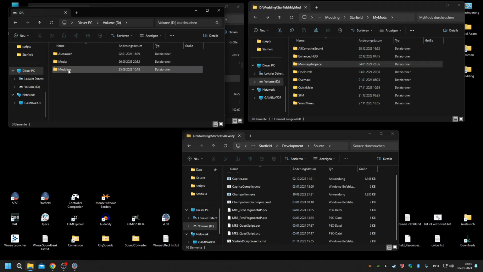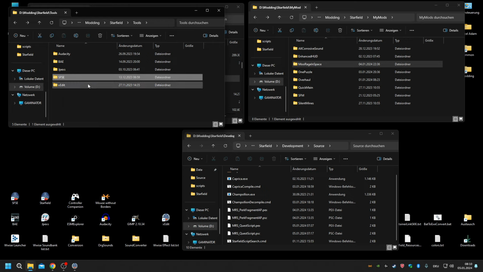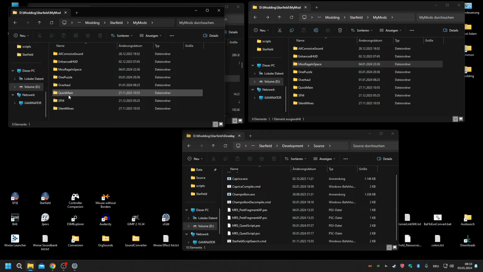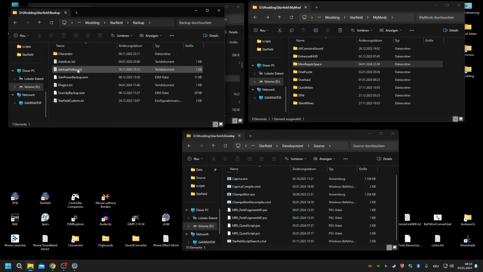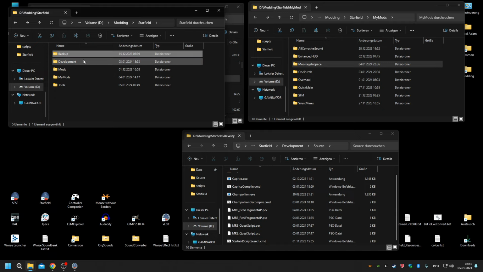So, and there you can see, there I have my second hard drive. There's modding, there's Starfield. This is where all the tools are. And as you can see, the script extender, it's also a tool. Okay, let me get this straight. Most people would say it's a mod. No, it's not a mod. It's a tool. It enhances the script engine. It's a tool, okay? It's not a mod. You can create mods based on that extended script engine, but it's not a mod. So my mods, then the mods that I'm using, backup for all sorts of files like the custom ini and hotkey and whatnot, AutoExec. And that's the development area,